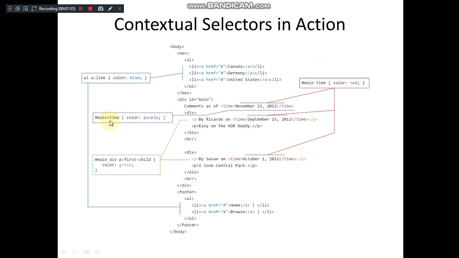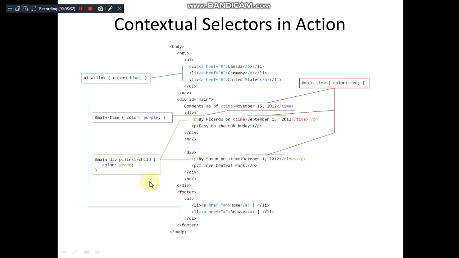So this is hash main, greater than time. That means both are the same, because time is embedded within main. So time is a child of the main element, we say, right? This can be specified by using the child relationship, or also the positioning. Both can be used. Both are referring to the same element. Then the question arises: we have specified two rules for the same element. Which one will be applied? That we will see in cascading, the next section.